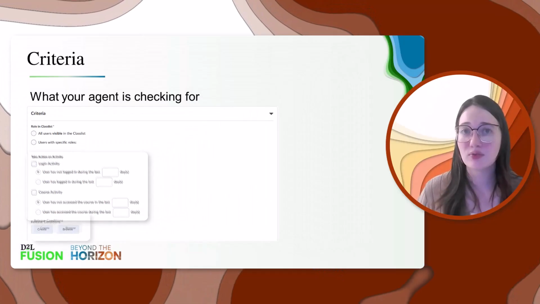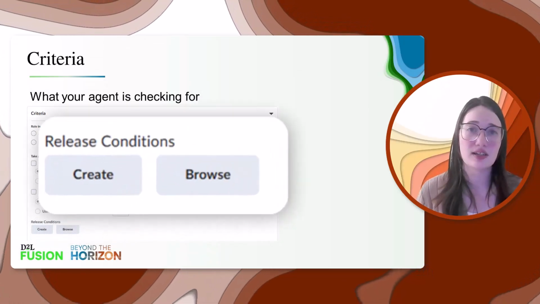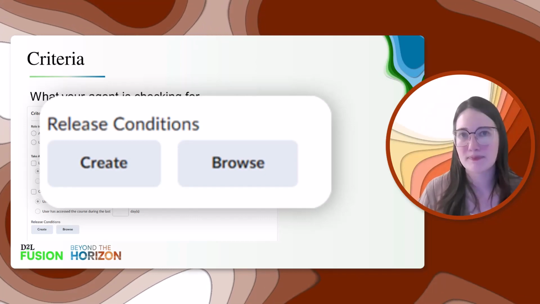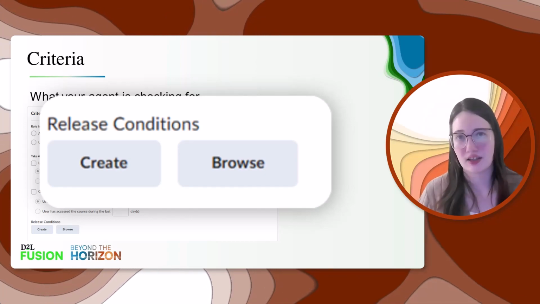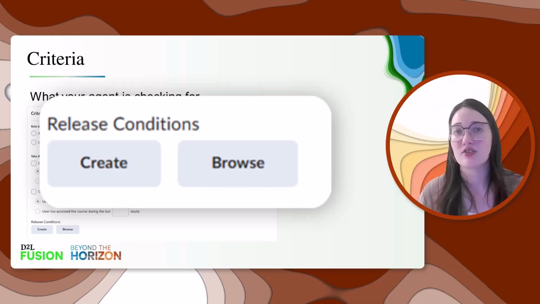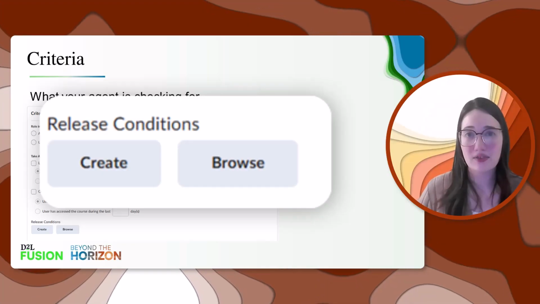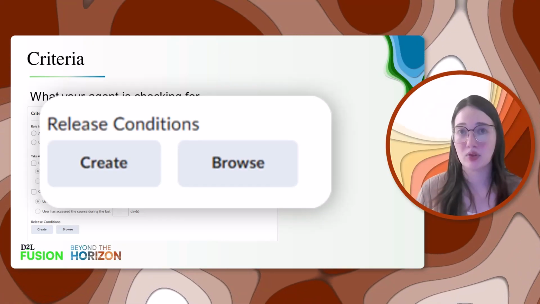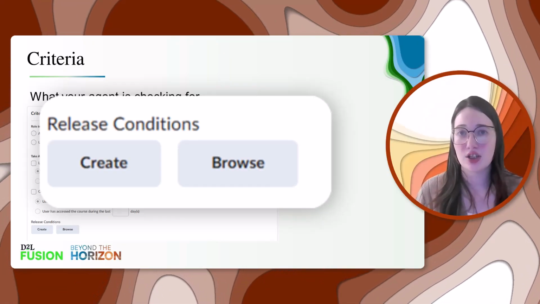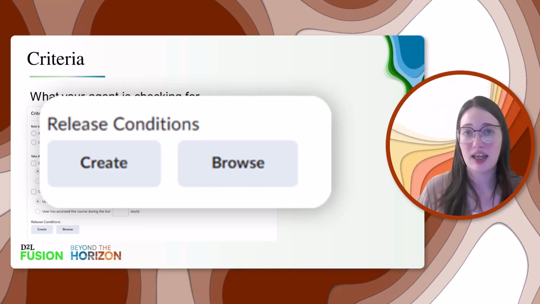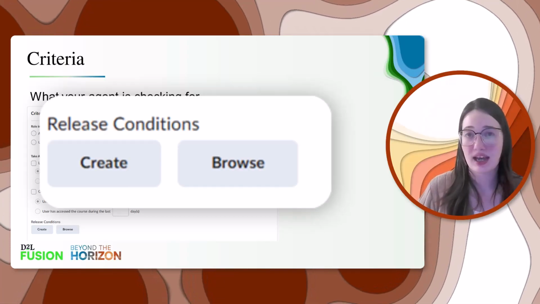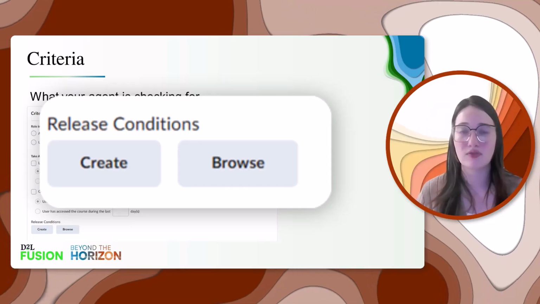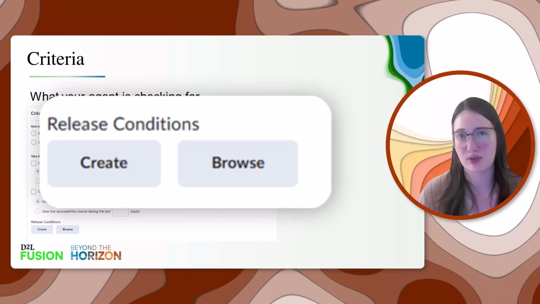Lastly, in this section, we have release conditions, and release conditions in intelligent agents function just like release conditions anywhere else. When you set a release condition in an intelligent agent, you're telling the intelligent agent to activate when that release condition is met. For example, you could have an intelligent agent that will run if it notices that a student has scored above a certain percentage on an assignment, or conversely, if they've scored below a certain percentage on